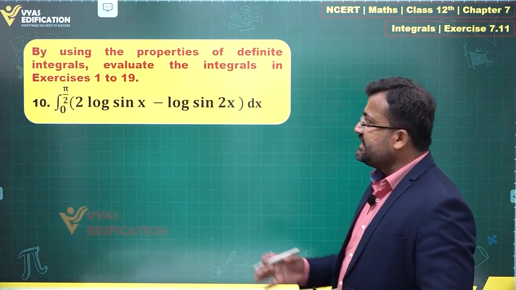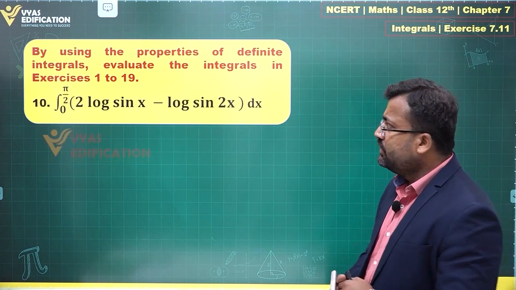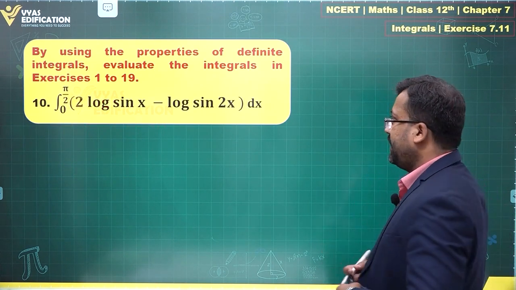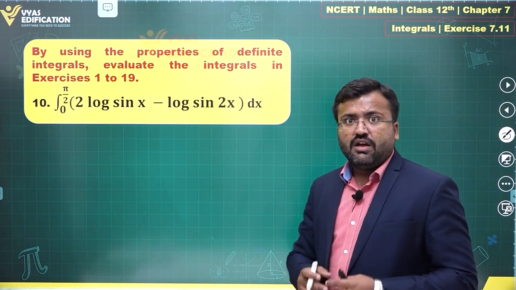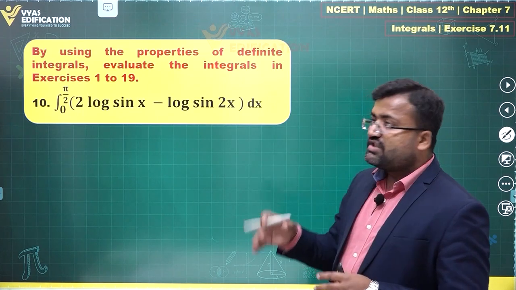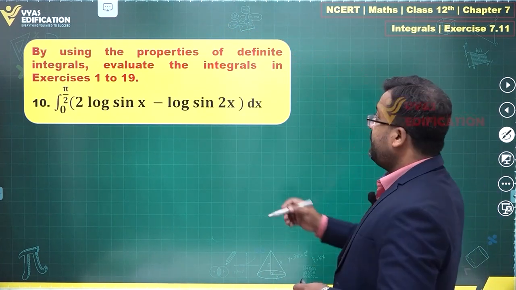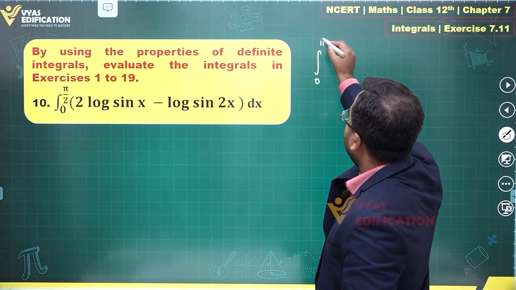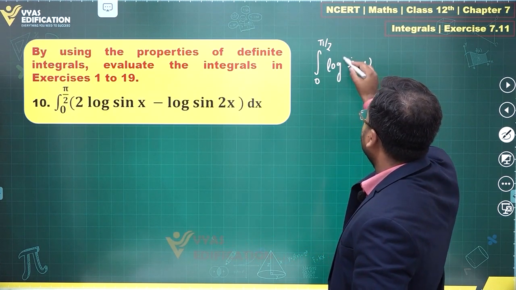Question number 10 says, evaluate this particular integral from 0 to pi by 2, 2 log sin x minus log of sin 2x dx. Now, this integral is not very difficult to handle, but it looks something like one integral which I would like to share with you. Basically, if you have the integral from 0 to pi by 2 of log sin x dx,